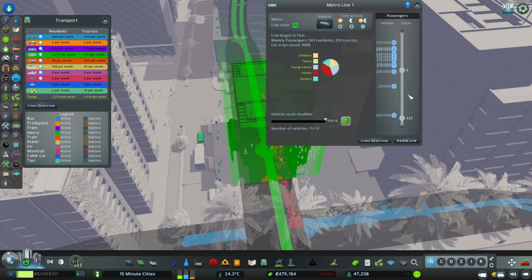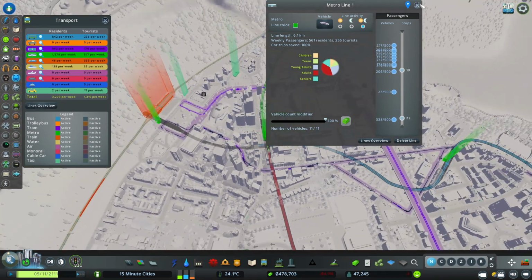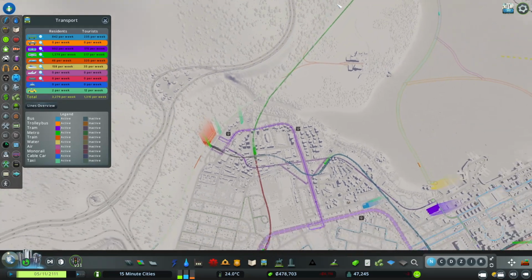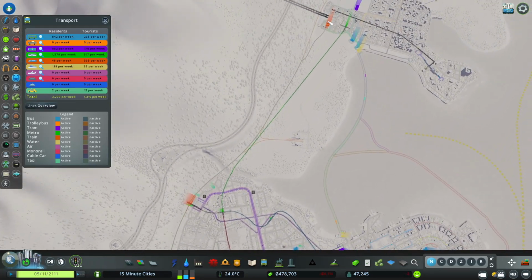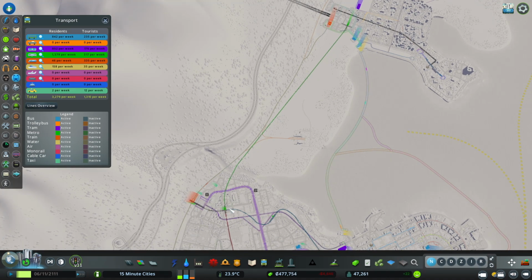Wow, okay. There is a lot going on here. So this one is taking people all the way, very unrealistically, from our pedestrian area to here. And honestly, with the train here, this is very redundant. So I'm thinking for now, I might actually turn this metro off and just allow the train to speed people